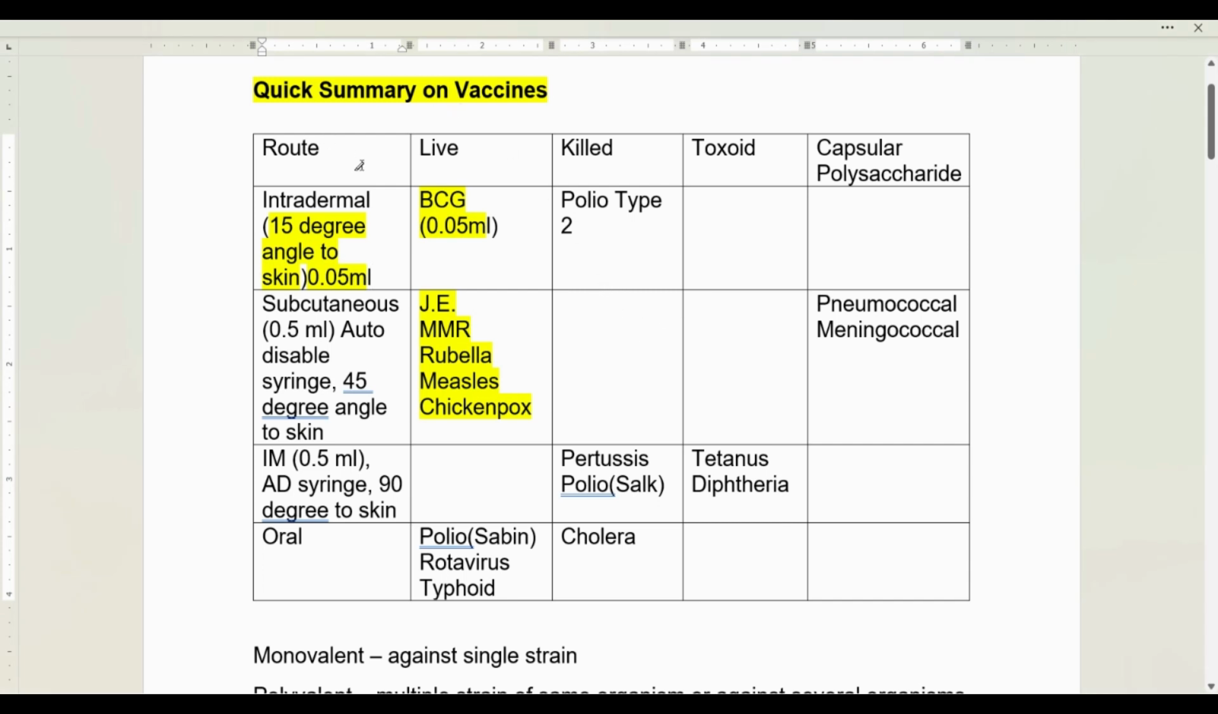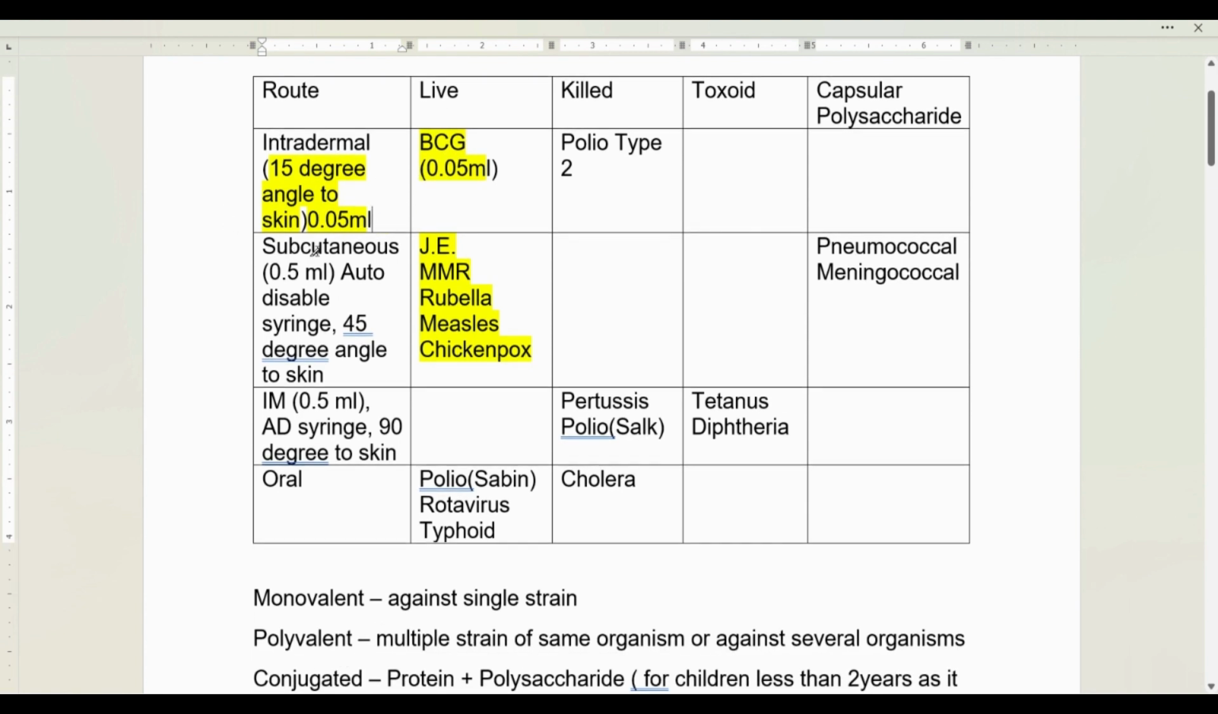This is a quick summary on vaccines. Intradermally given vaccines are given at a 15 degree angle to the skin with the usual dose of 0.05 ml. BCG is a live vaccine given intradermally. Subcutaneously given vaccines are given at a 45 degree angle to the